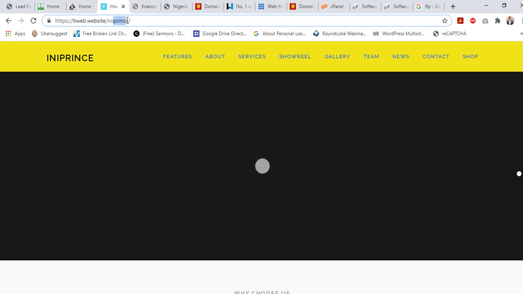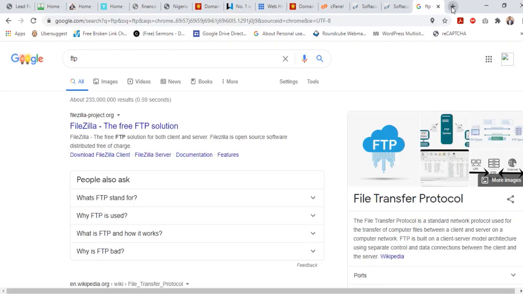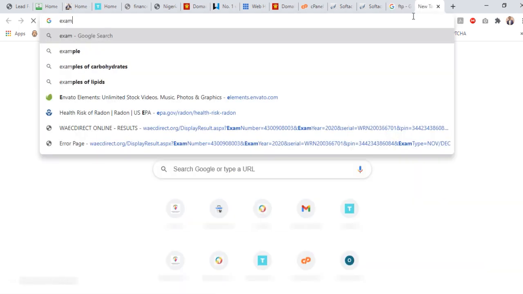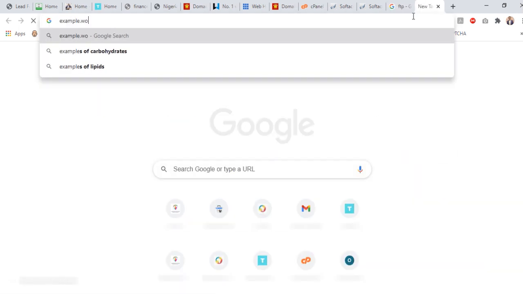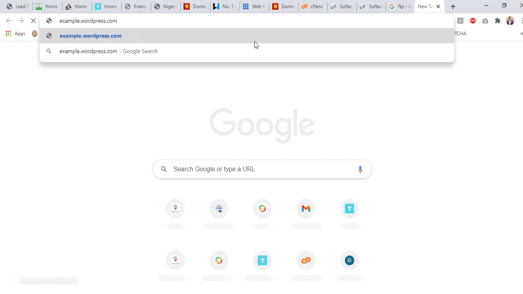So the one here is a subdirectory. The one at the front here is a subdomain. I hope you understand that. So, in addition, people that create WordPress websites, I mean the free plan WordPress website, and they have things like example.wordpress.com, you should now understand that what is actually happening is that they are creating a website as a subdomain